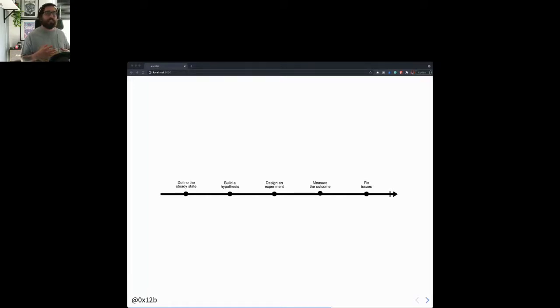Next up, we need to build some kind of hypothesis that we may use to determine if our chaos experiment was a success or a failure. And using this hypothesis, we will later be able to draw conclusions from the actual outcome. The hypothesis itself should be written in such a way that we build upon the expectation of a positive outcome.